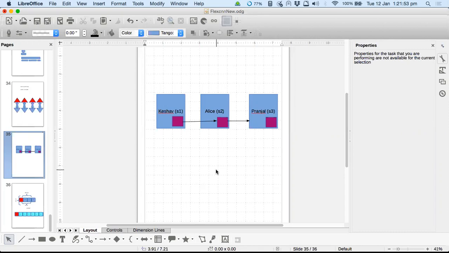Yeah, exactly, Keshav, you're right. With this arrangement, if I have hold of S1, I can go from S1 to S2 using this link. If I have a hold on S2, I can go to S3 from S2. So just by having a hold on a single variable, S1, I can visit all the other structures linked together.